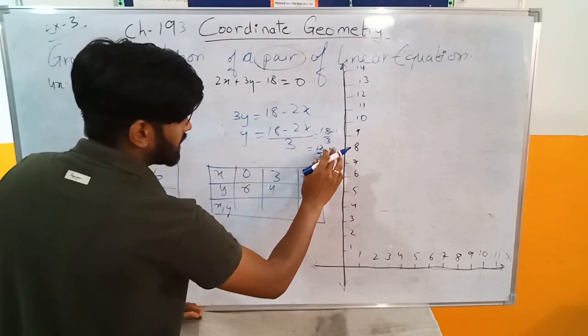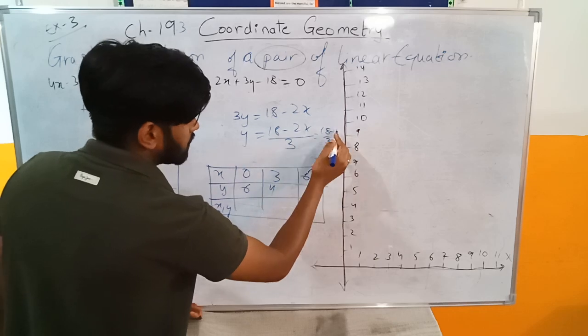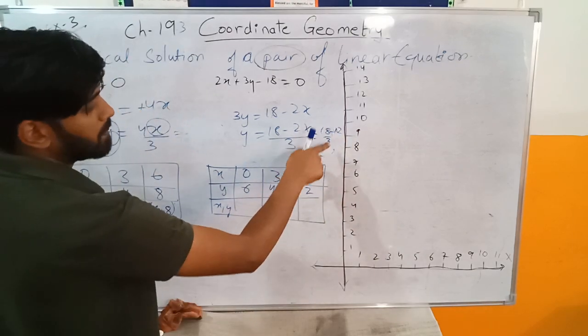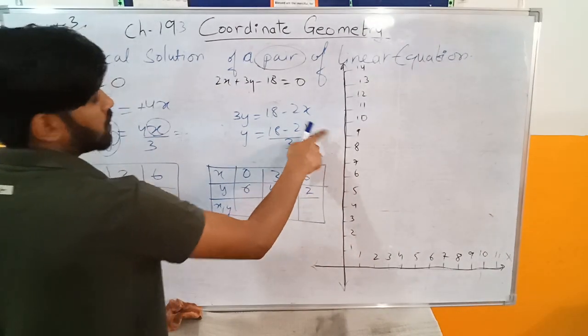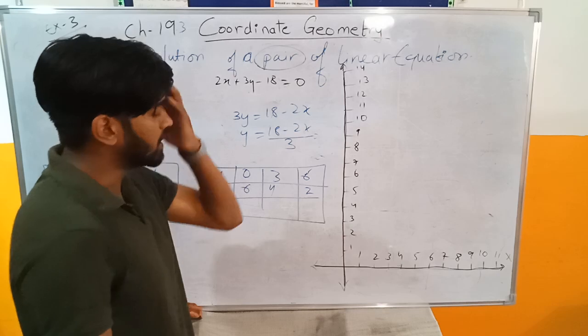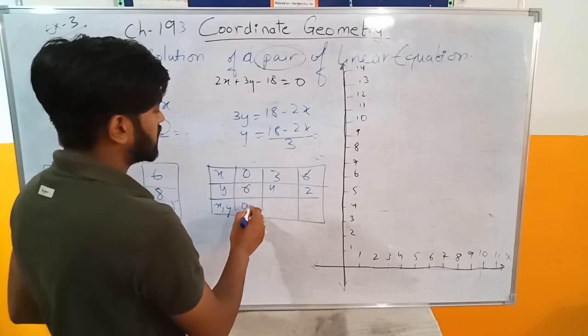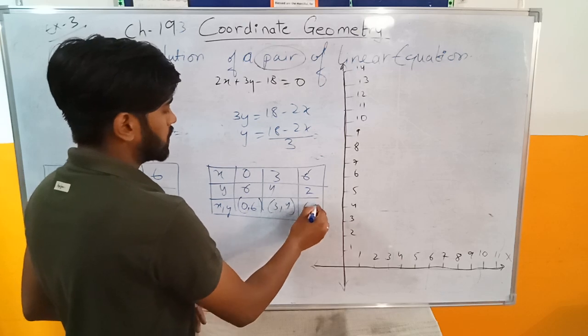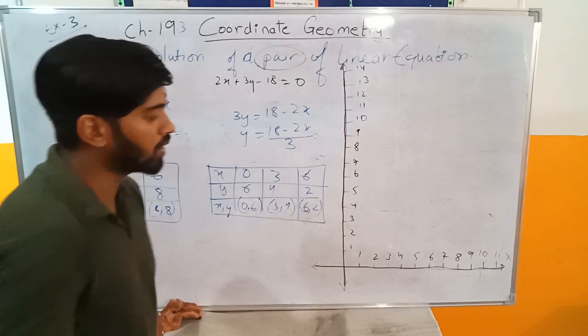And then if I put 6, then minus 12, and then I'm gonna get 2 as an answer. You can solve, you can keep the values, and you guys can also do it in the mind. You don't have to show the whole solution when you take x, y or anything else. And then write down the ordered pairs: 0, 6, 3, 4 and 6, 2. These are the ordered pairs.